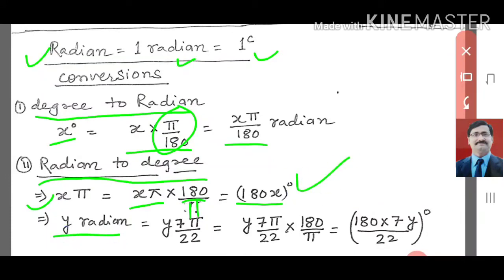But sometimes you are not given pi, you have a direct y radian, and that y radian you have to change into degree. First of all, you change it into pi format. For that you have to multiply by 7 pi by 22. You will get this term, and then the pi format you get, and then you have to multiply by 180 by pi. This pi you will cancel, and whatever you get you will calculate, that will be in degree format. So all of you understand how to change degree to radian and radian to degree.